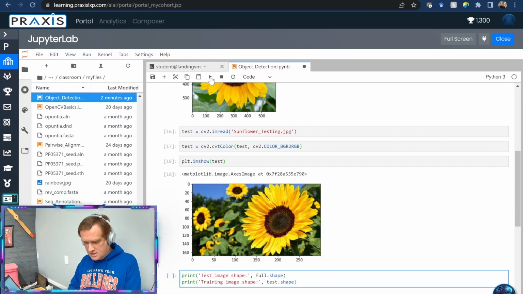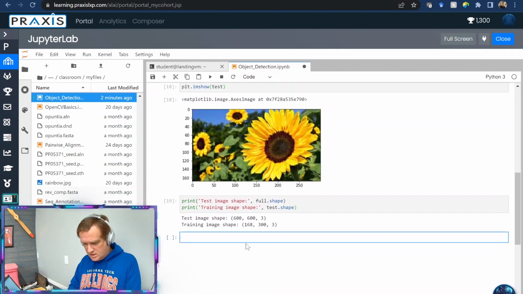Alright, let's run this. Okay, as you can see, we have quite a big difference in the sizes. So we're hoping we still detect it. Otherwise, we might have to use the standard